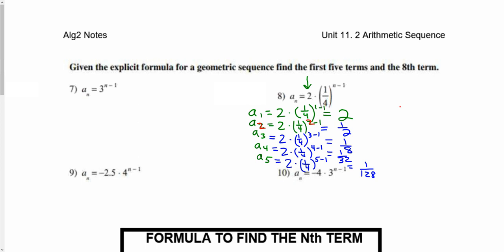So we can jump directly to the 8th term. So we have 2 times 1/4 to the 8 minus 1. I don't know that one. It's going to be 1 over something, I'll tell you that much. 8,192. Yep, that's it. So guys, if you look at the pattern here, the pattern is just divide by 4